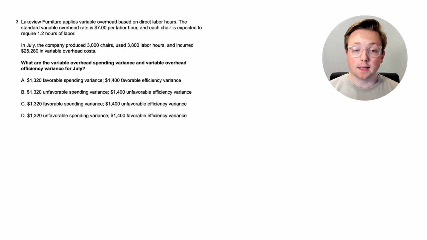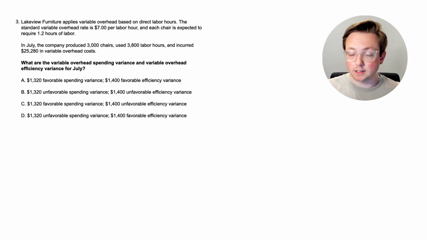Let's go up to the top. Lakeview Furniture applies variable overhead based on direct labor hours. The standard variable overhead rate is $7 per labor hour, and each chair is expected to require 1.2 hours of labor. Okay, so they make chairs. In July, the company produced 3,000 chairs using 3,800 labor hours and incurred $25,280 in variable overhead costs. So again, we're trying to figure out what the variable overhead spending variance and the variable overhead